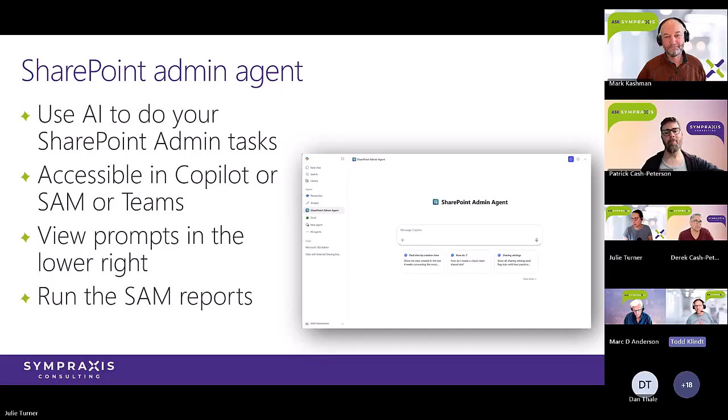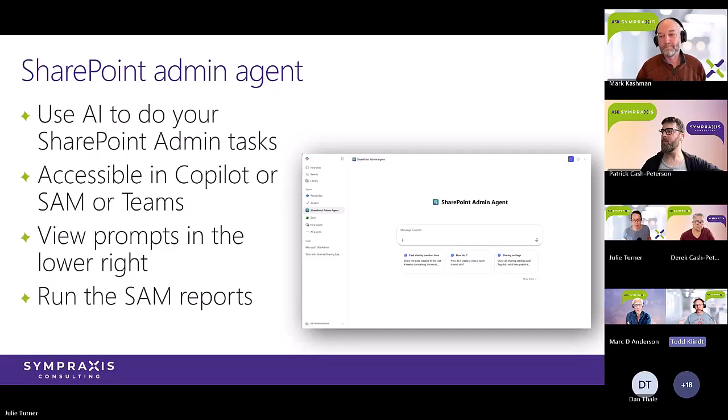This is an agent that Microsoft has built. If you've ever built any agents, you can do things like point agents at knowledge sources and give it system prompts to guide it as it's answering people. So Microsoft has written this agent for us, for SharePoint administrators. And it is available in all of the places that you love to use Copilot. You can go to office.com and access it there. If you go into the SharePoint admin, and I think the M365 admin, there's a button there that lights it up. Or if you're into talking to agents in Teams, you can do it in there. I actually don't do that. For whatever reason, it's kind of creepy. But it's available all there. It's just a regular agent.